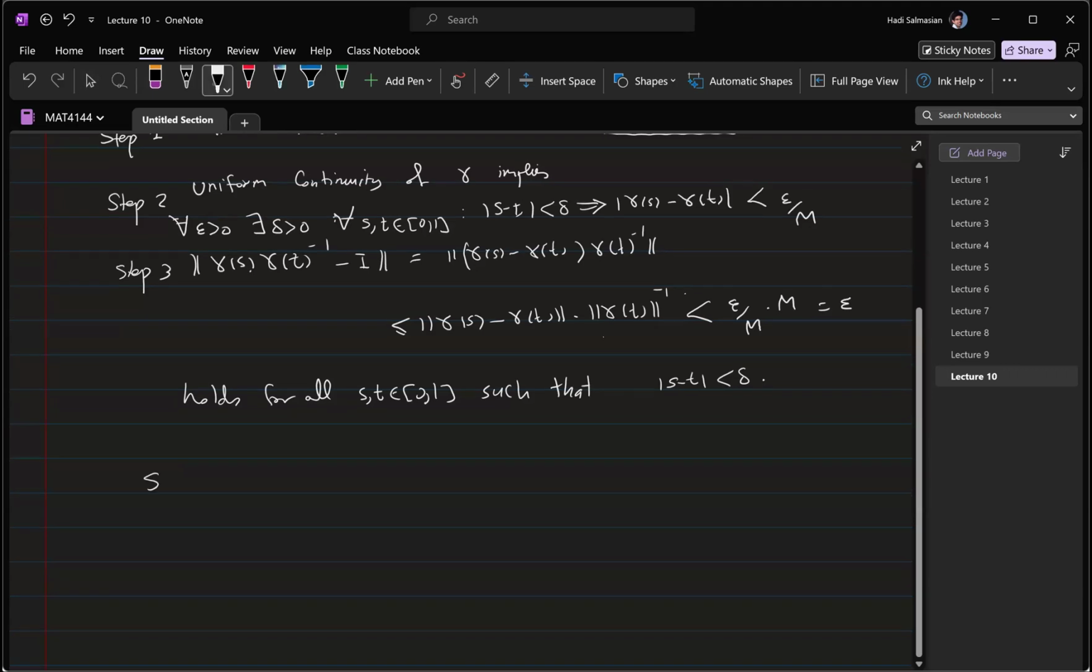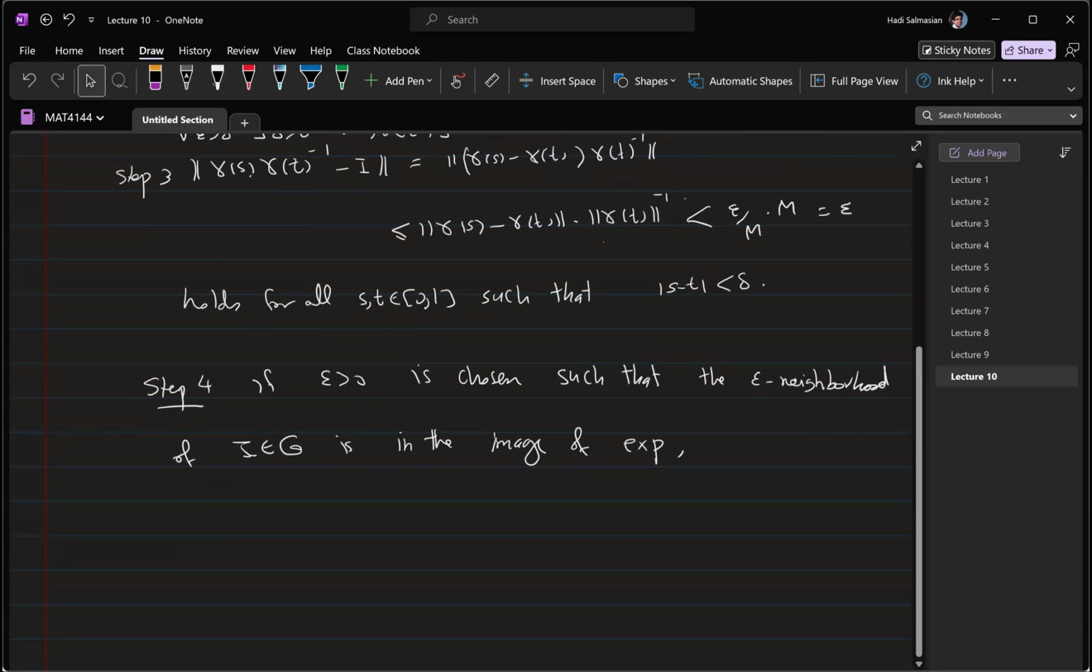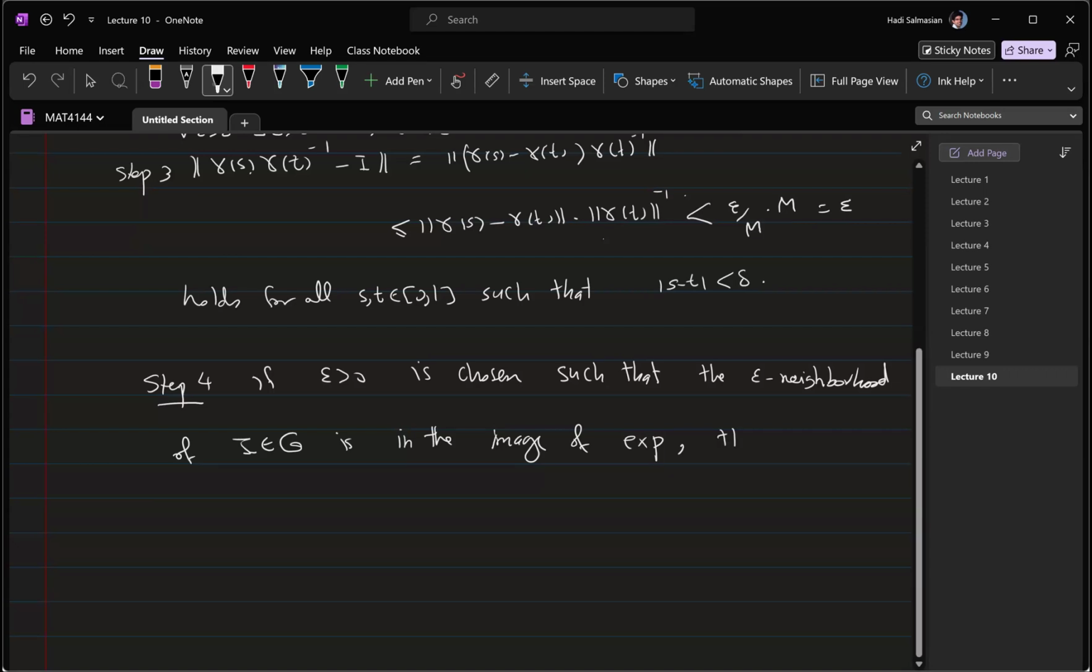So if epsilon, so maybe I should say step 4. If epsilon is chosen such that the epsilon neighborhood of I, the identity in G, is in the image of the X map, and this we can do because X gives a diffeomorphism onto some open neighborhood of the identity, right? So there is some radius epsilon which fits into the image. Okay, so then